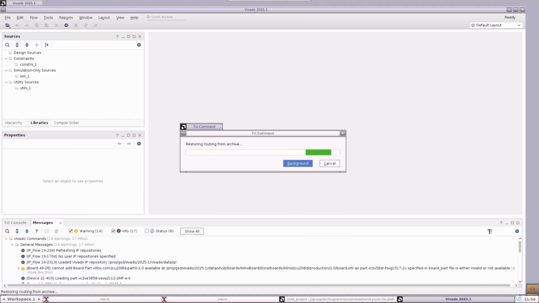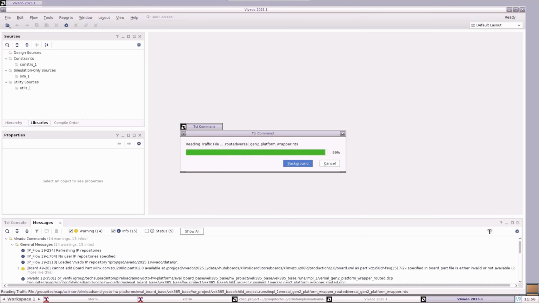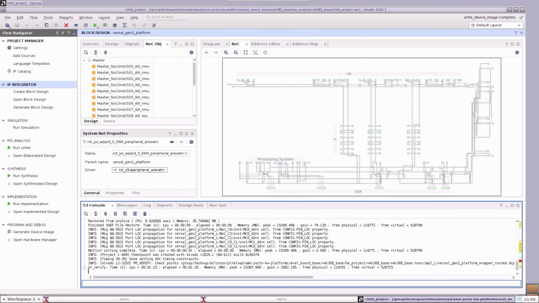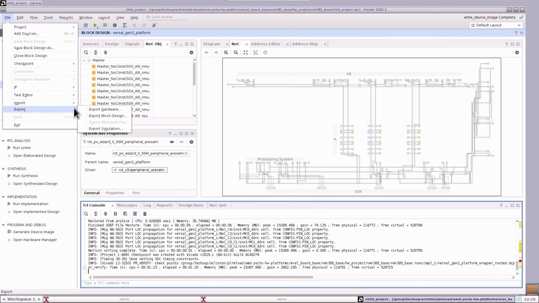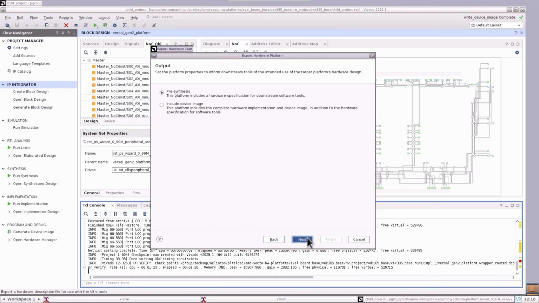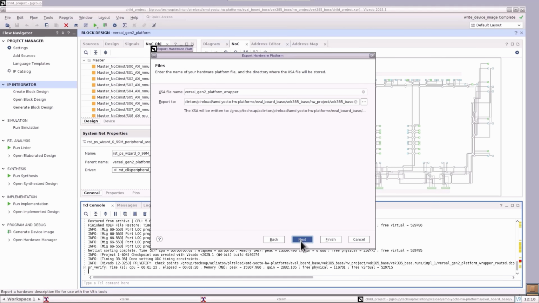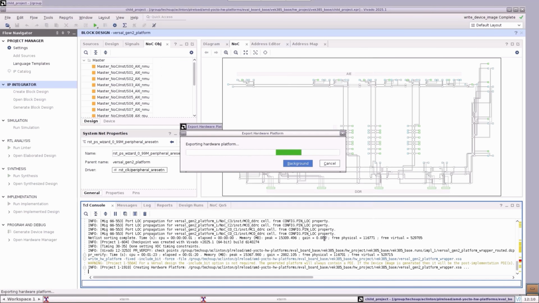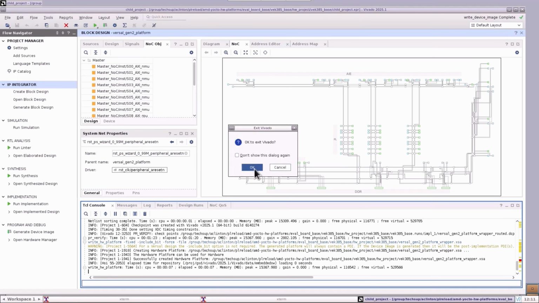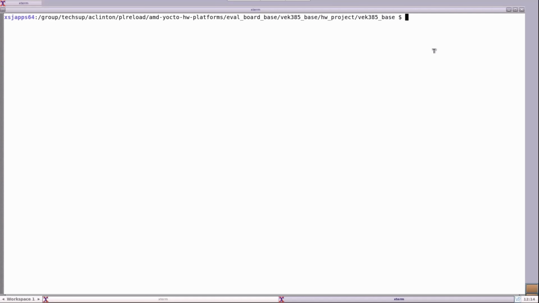After PR Verify finishes its run and it shows no errors, the firmware bundle from the child project can now be generated. First, the XSA must be exported from the Vivado project with the Include Bitstream option enabled, and saved to a location that can be easily accessed. Next, leave the Vivado GUI and navigate back to the directory where the project resides in the command line.